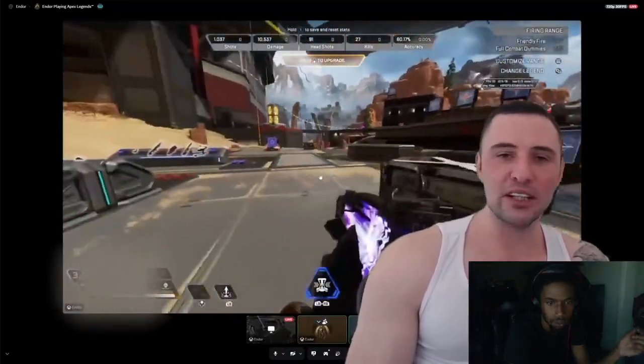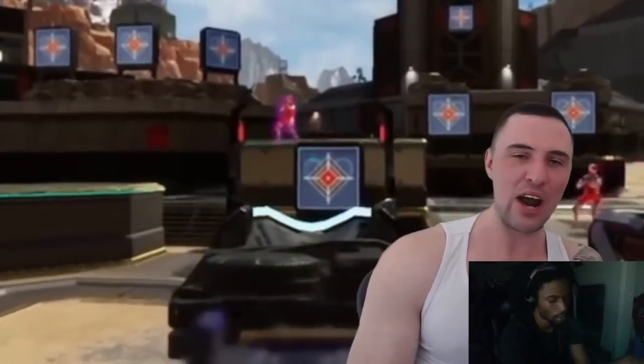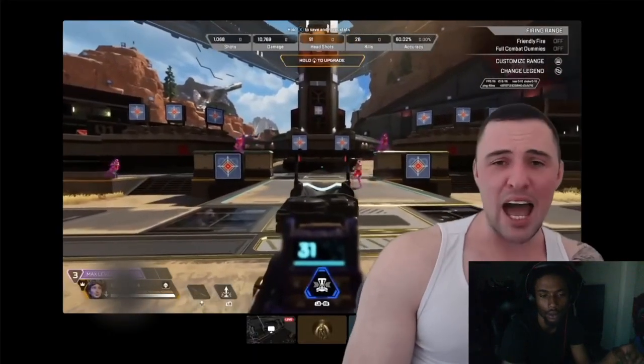Another way is simply looking at the player and how good they are. Within 30 seconds, you can tell if someone's good or bad at Apex just from how they move around the map. If they're kind of bad at the game and they're absolutely lasering with no reason...